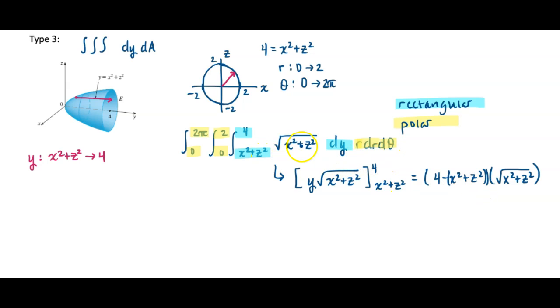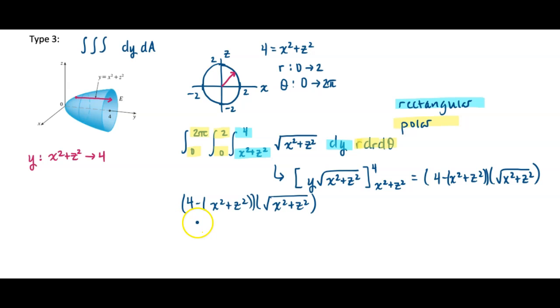So before moving on to polar, I need to switch these to polar. So my 4 minus the quantity x squared plus z squared times root x squared plus z squared